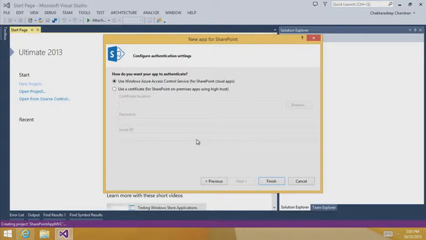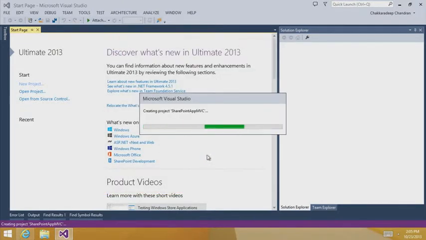An example of such security token service is the Windows Azure Access Control Service. If you are building a SharePoint on-premises app using HTTPS, you can choose to authenticate your app using a certificate. For this demo, we will use Windows Azure Access Control Service as our authentication mechanism to authenticate our app with SharePoint. When you click Finish, your app for SharePoint is created and you get two projects: